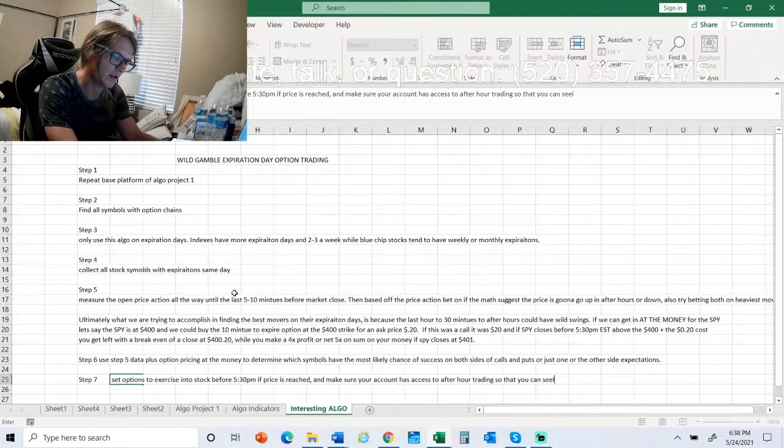You can sell those exercised stocks for the profit you earned